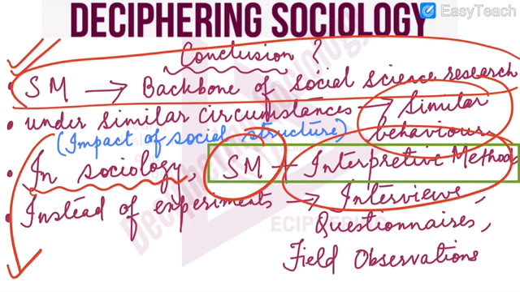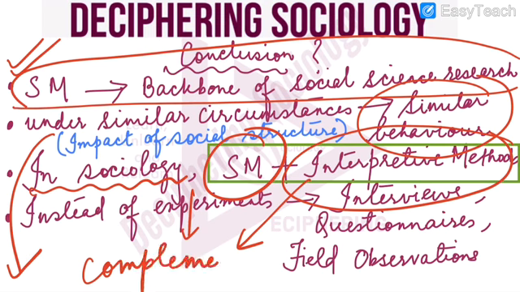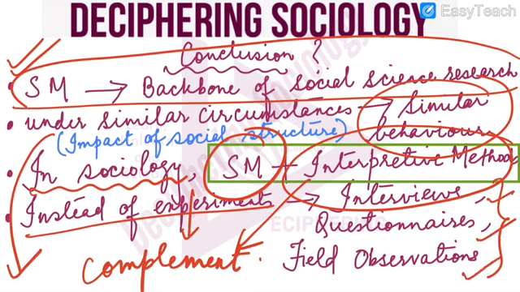Also, when we are studying society, then instead of depending only on scientific method, we also have another set of methods which are known as interpretive methods. These are subjective methods. So these two methods complement each other. They fill the weaknesses of the other method. And instead of experiments, because it cannot be carried on human beings, we have a different set of research methods, for example, interviews, questionnaires, field observations. Therefore, sociology is a science in its own way, not like the natural sciences. This should be a conclusion after you read this subtopic.